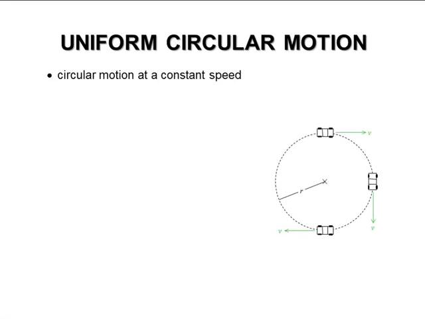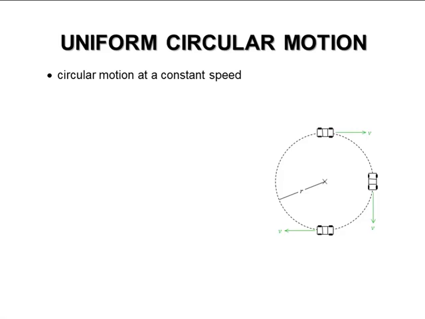So imagine that you're traveling around in a circle at a constant speed. So that's what's meant by uniform circular motion, traveling along a circular path at a constant speed. So in the figure over here, we can see a car at 3 different positions as it's moving around the circle. We can see the velocity is tangent to the circle, since again the velocity is always tangent to the